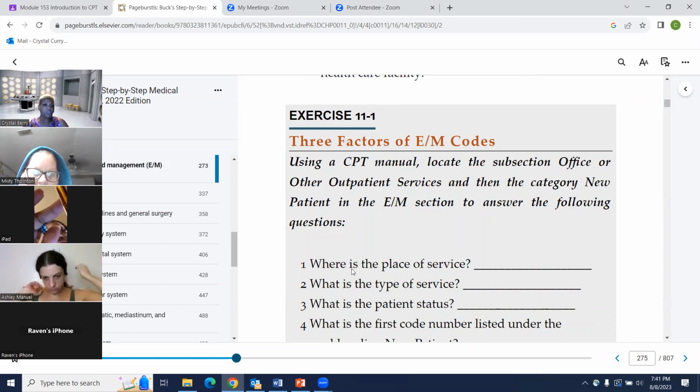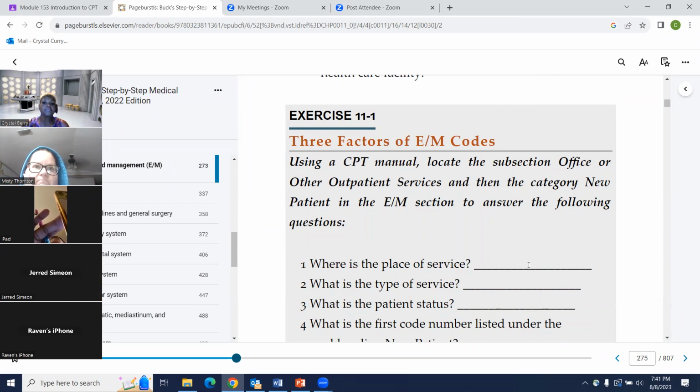So let's go over this again because we had a little difficulty. Where is the place of service? Nursing homes, hospitals, office visits. Okay, what is the type of service?